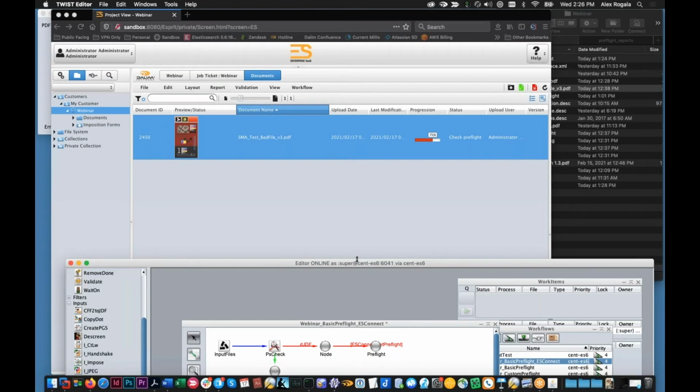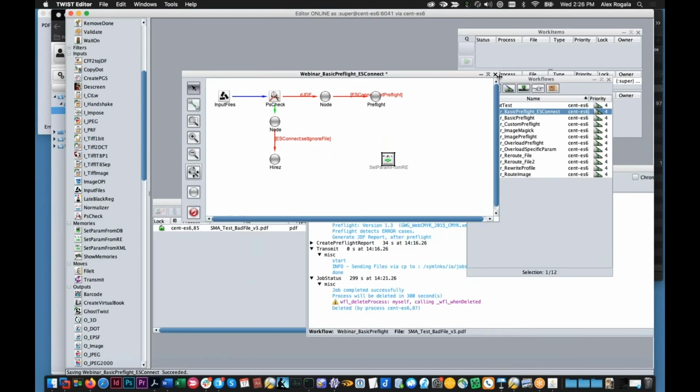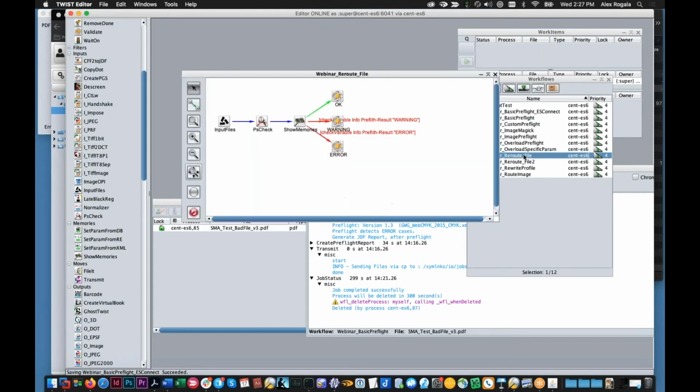Next up on the agenda, I'm trying to keep this as quick as I can. We're definitely going to go over once we get to the custom pre-flights. So the next thing on the list would be routing files. We've got pre-flight reports, but that only goes so far. What if we want to push the file somewhere else, or email it to someone, or route it to some other tool? If it fails a certain check, send it to a GCR utility, for example. You can route files with